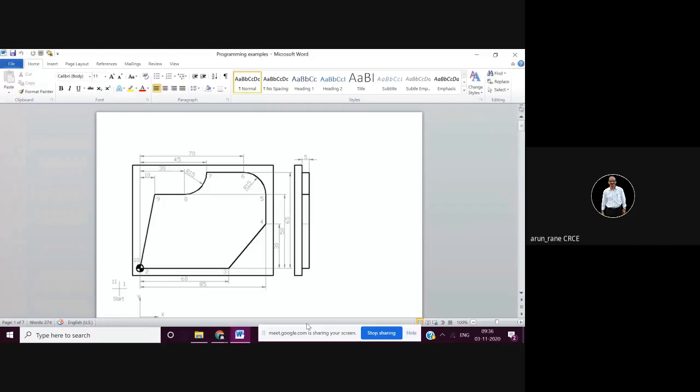You have straight cuts, then machining to be done at an angle, and you have two radii also. So just try to identify whether all the data is given or not.